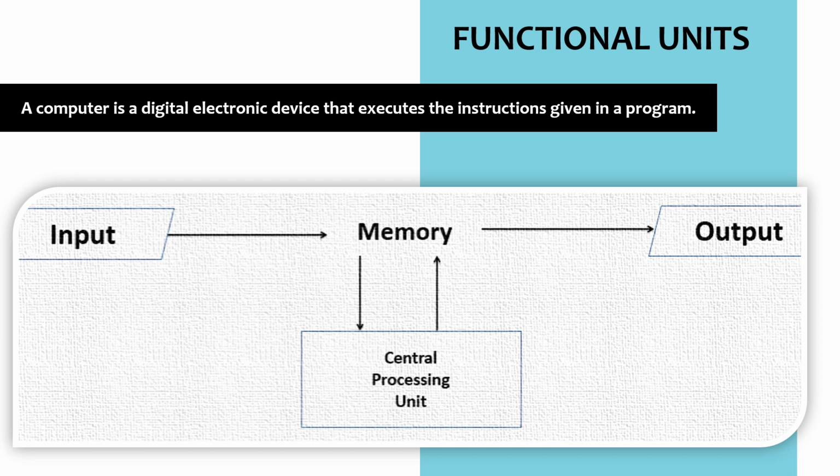These are the functional units of a computer: input, output, memory and CPU. What do we call this structure? This structure we call von Neumann architecture, a basic architecture for any computer. These parts are required for any computer. It's a basic organization, and basic organization we call von Neumann architecture. So we know almost everything about the input, output, memory and CPU, but in this subject we will learn how they are connected with each other and how they are communicating with each other to perform any specific task, right?